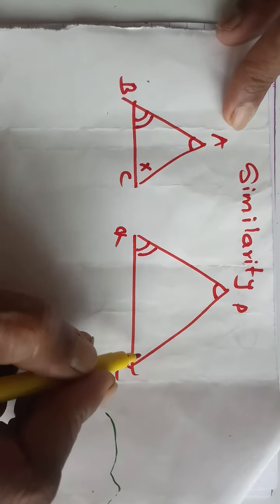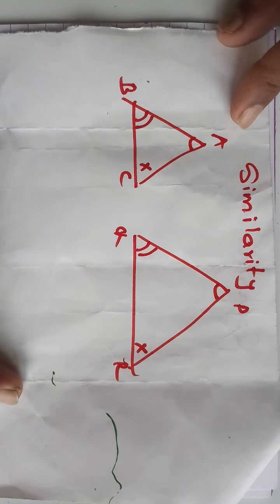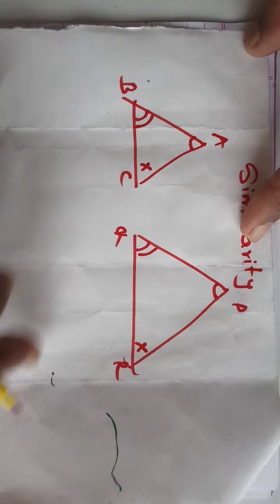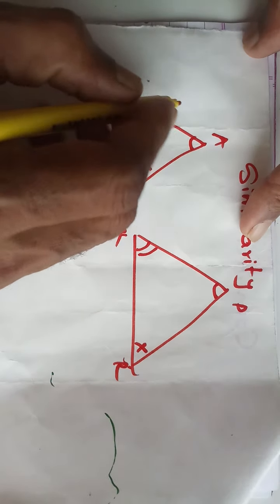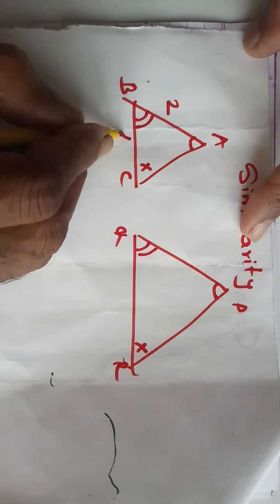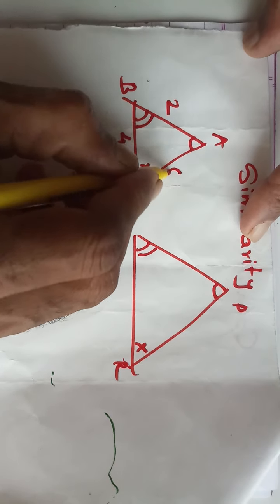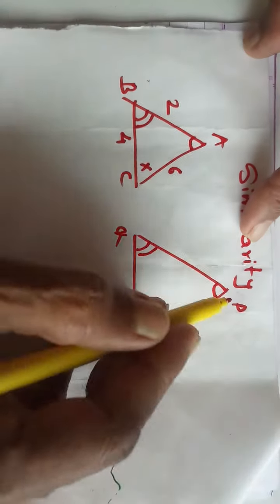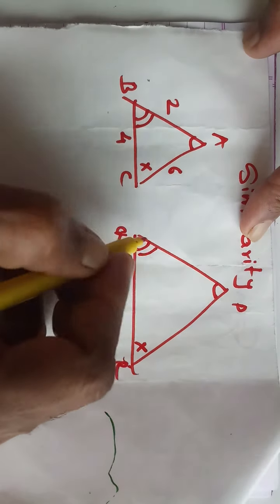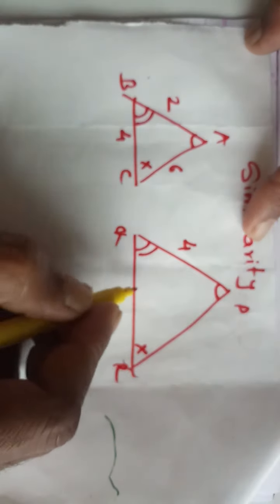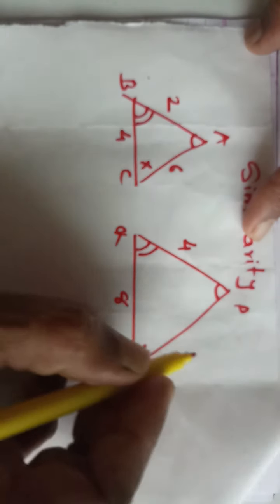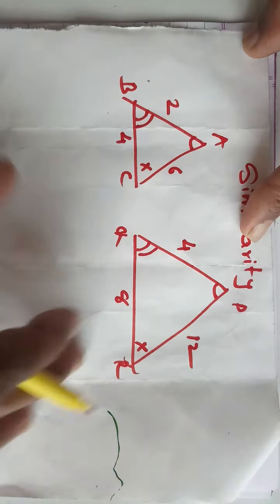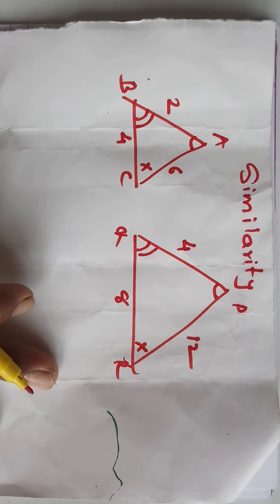angle C is congruent to angle R, means all three corresponding angles are congruent. And suppose length of AB is 2, BC is 4 and AC is 6, and the corresponding sides of AB in PQR triangle is PQ. Length of PQ is 4, QR is 8 and length of PR is 12. Okay. Now in these two triangles,